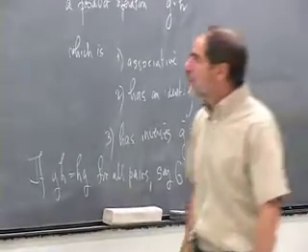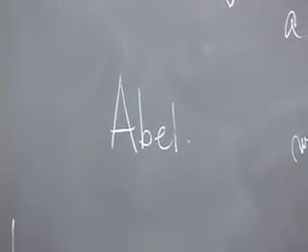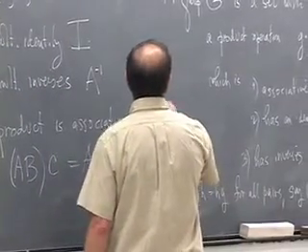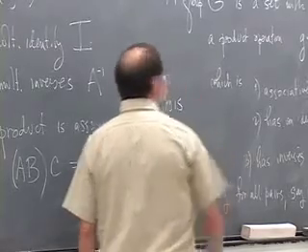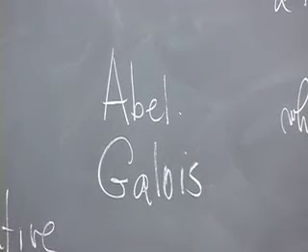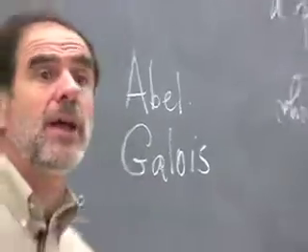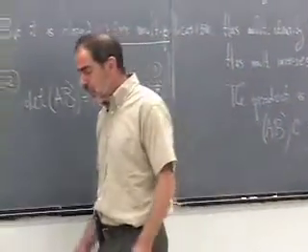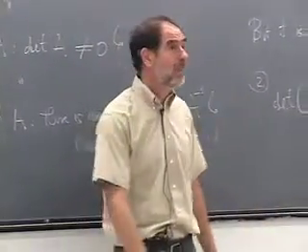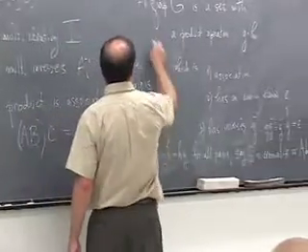Abelian comes from the great Norwegian mathematician Niels Abel, an early 19th century mathematician, who was one of the originators of group theory. The great originator of group theory was the famous young French mathematician Évariste Galois. Both Abel and Galois lived in the early decades of the 19th century. Both died in their 20s. Galois died as a result of a duel. Abel died basically because he was too poor and couldn't find employment. For a Norwegian, it was very hard to find employment in mathematical Europe at the time. But together, they really put together the foundations of group theory.